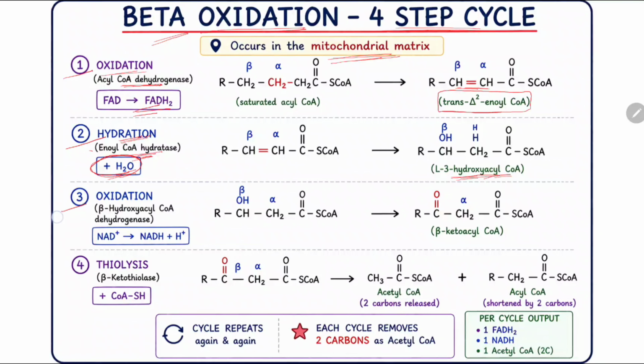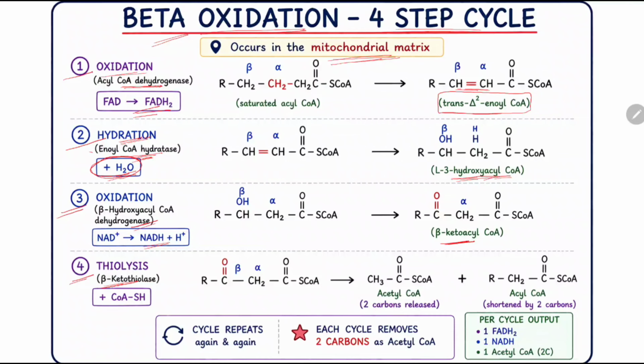The third step is again an oxidation reaction. Enzyme is beta hydroxyacyl CoA dehydrogenase, and you will see NADH is produced, and the product is beta ketoacyl CoA. And the fourth is the cleavage of the fatty acid, and the enzyme is beta ketothiolase, and the